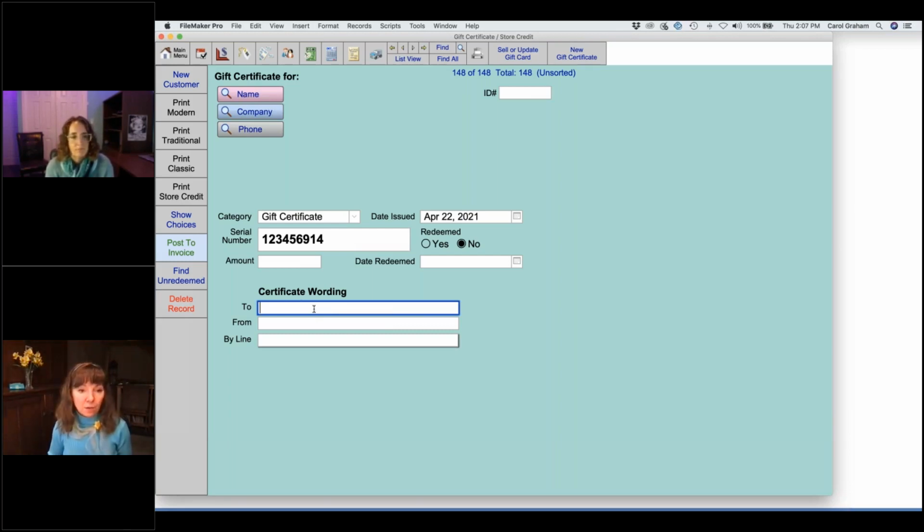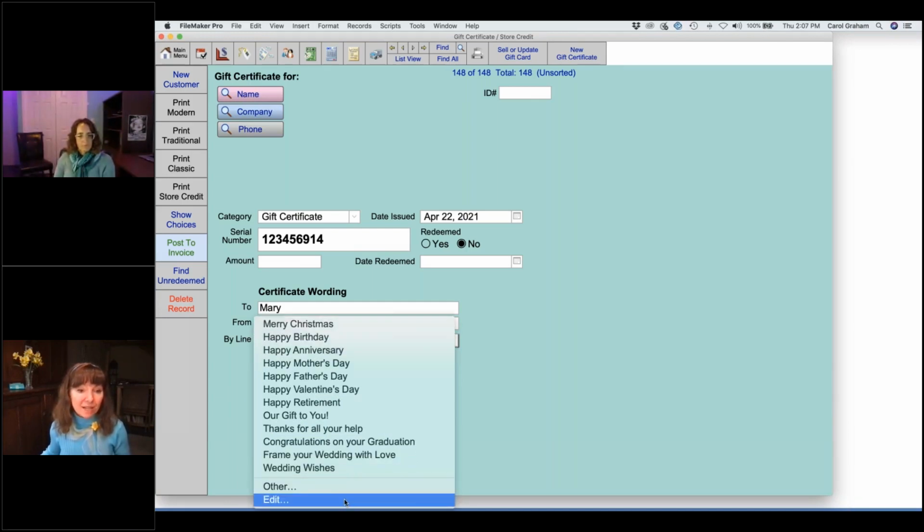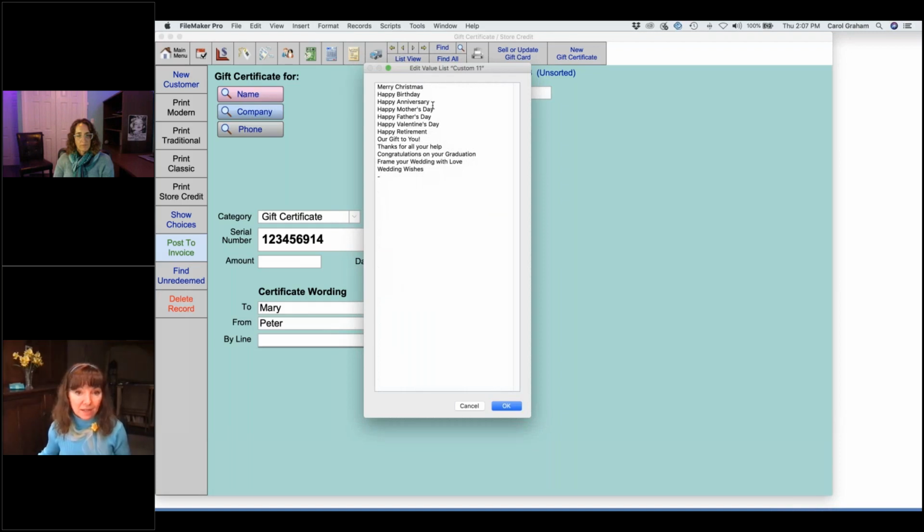Your job then is to find out the wording that they want to put on here. So if this is going to be to Mary from, I'm going to say Peter. And then in the byline section, we have a whole selection of things that are in here already. If you want to change them, you can go down to the bottom and click on the word edit. If you want to customize this list, if you wanted it to be in alphabetical order, you could do that. Just simply highlight the item that you want to move, click on it, and drag it up to that open space that you've created. If you wanted to add additional hyphens in there, these will create separation lines